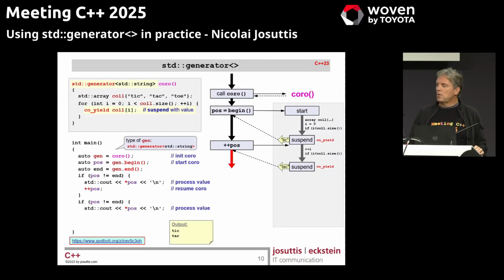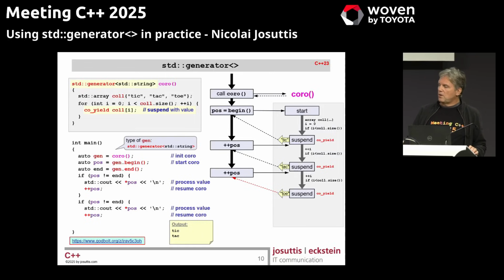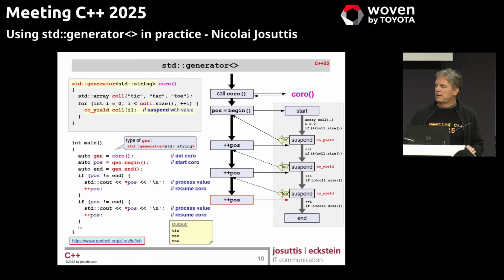So we go with plus plus. We try to get the next value from the coroutine. The coroutine continues until it comes to a suspension point, yielding, in this case, tau. And we come back to the calling side, printing that out, switching to the next element, which means we resume the coroutine, and that will then finally execute the remaining part of the coroutine, which is the end of the body of the loop, we call plus plus I again, and we double